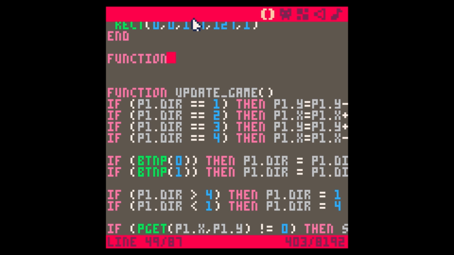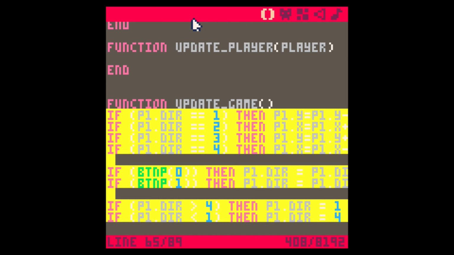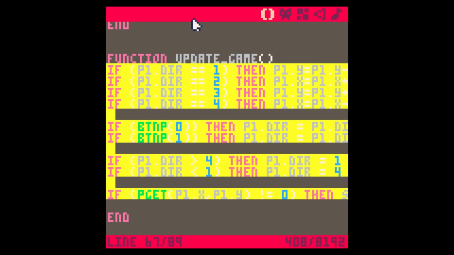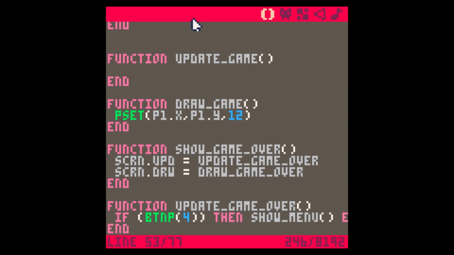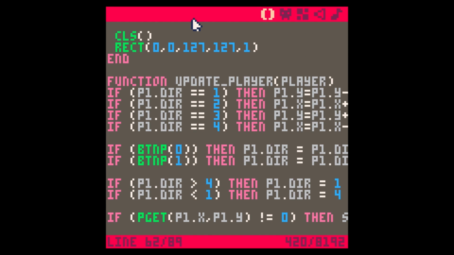So if we have a new function called update player, and we're going to pass in the player that we want to do the update on, we can grab all of this data and put that into here, and rename all of this from P1 to player,